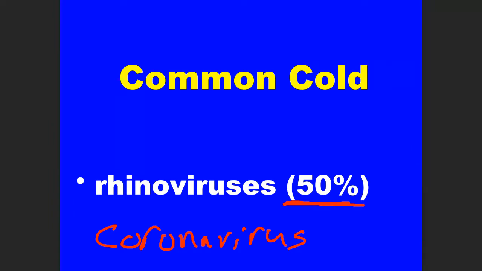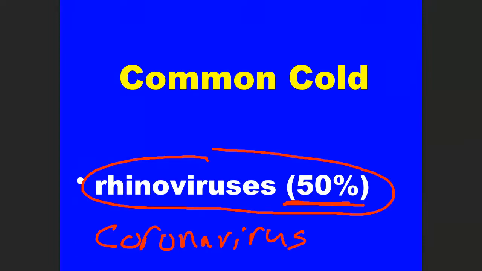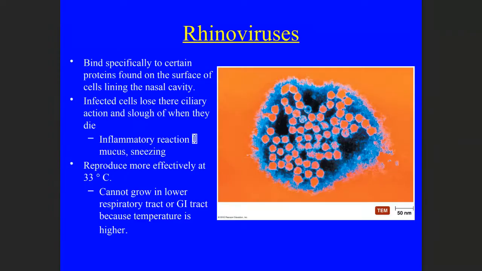The difference between the garden variety coronavirus and the one that's causing the pandemic right now is that the pandemic strain, at least when the pandemic first hit, was a strain that no one was ever exposed to. It was a completely new version of the virus, and because no one was ever exposed to it, there was little to no immunity against it, and that's why it's causing problems, with a lot of the symptoms and even fatalities that go along with it. Right? But again, since the rhinovirus is the cause of the majority of cases of the common cold, I want to focus a little bit more on that.